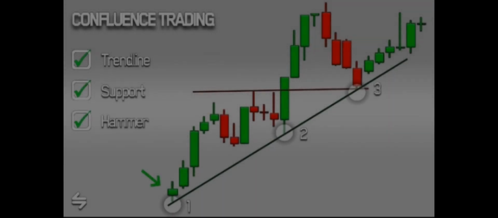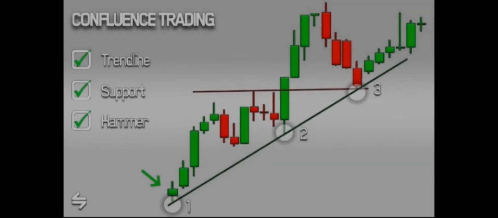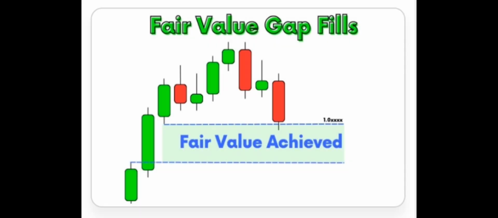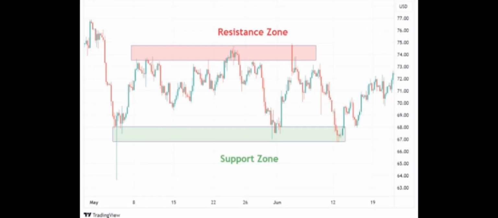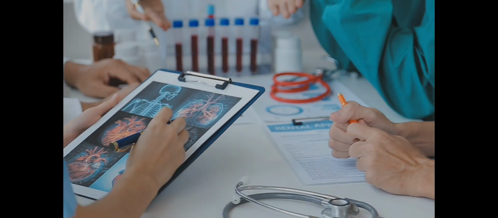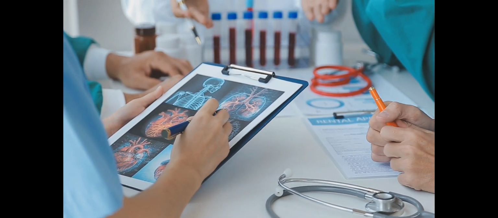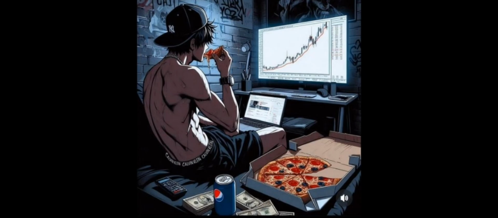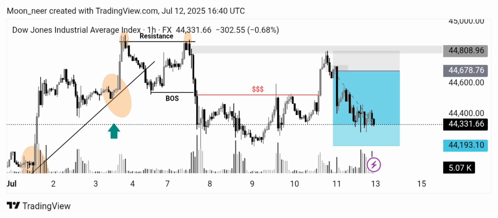Trading confluence is nothing but pieces of evidence pointing to the same trade direction. For example, trend lines, fair value gap, support and resistance level, all telling you the market will be bullish or bearish. Just as doctors use multiple tests to confirm a diagnosis, a trader uses confluences to confirm a trade setup. By combining multiple market factors, a trader can increase confidence in their trading decision, reduce risk, and improve the accuracy of